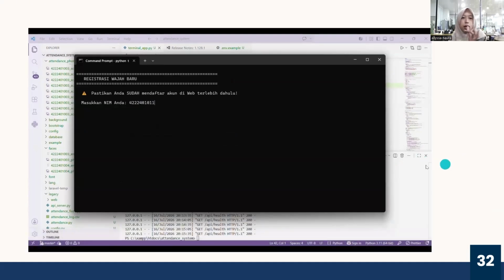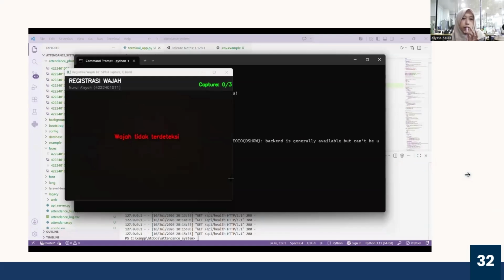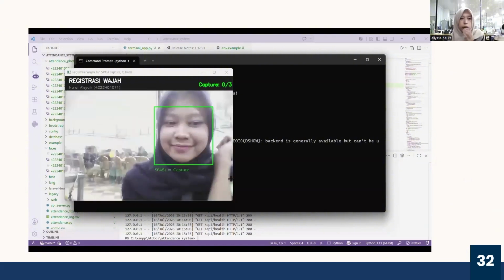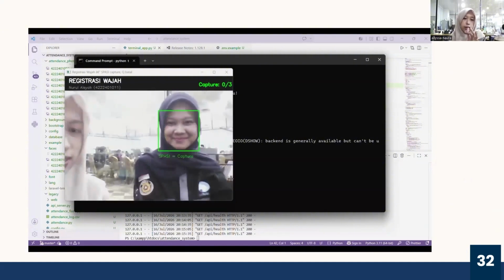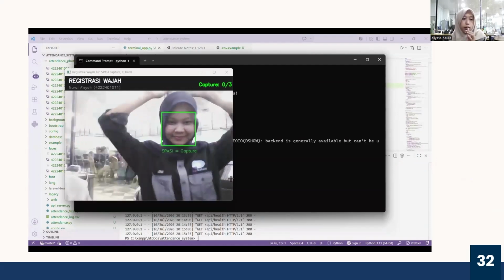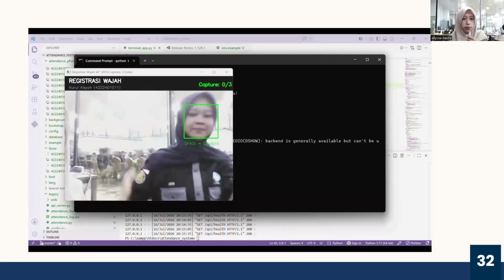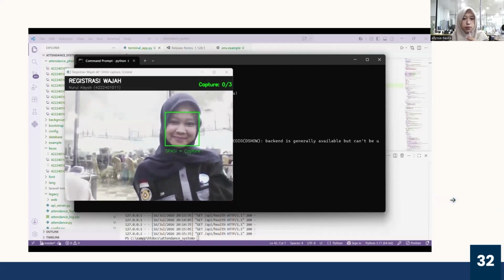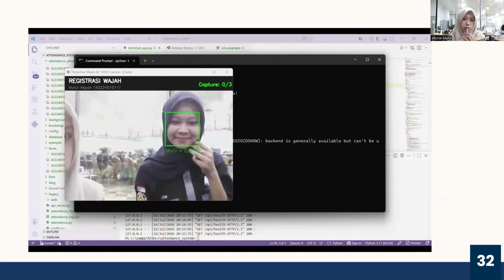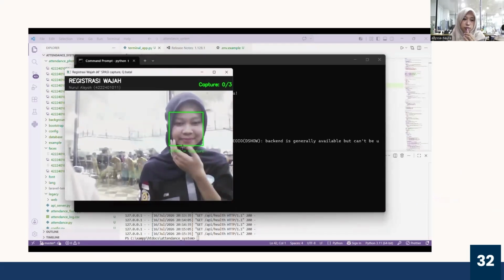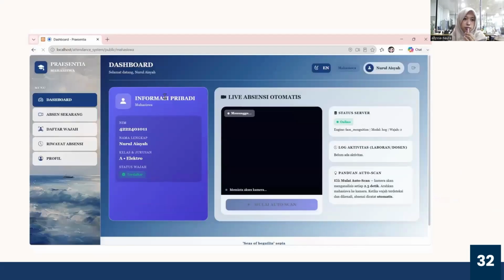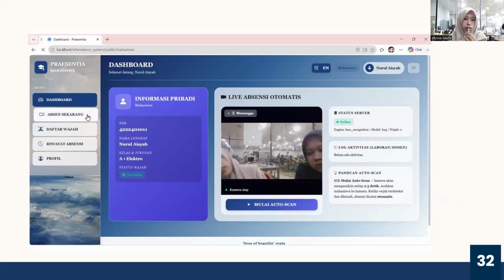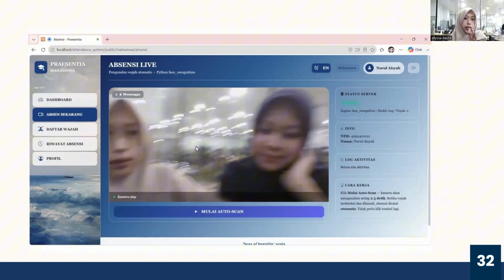This is where students try to log in, and there is a button that asks either for registration or to simply use face login.